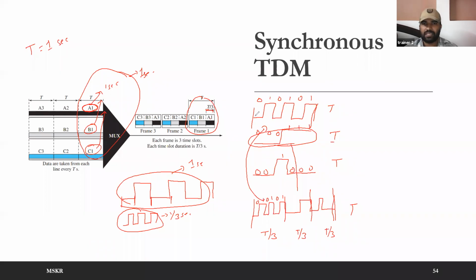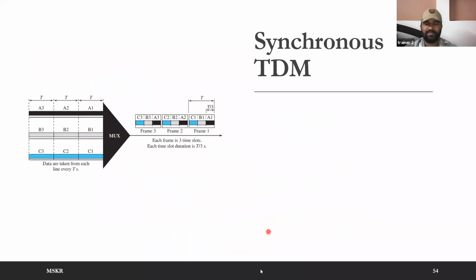Previously, let's say it took 1/8 second for each slot. Now it will take 1/24 for each slot. So they are going to reduce the slot interval. By combining them into a single signal, they are going to send them as one frame combined. Is it clear up to this part how they are going to combine the signals by compressing them with respect to time?